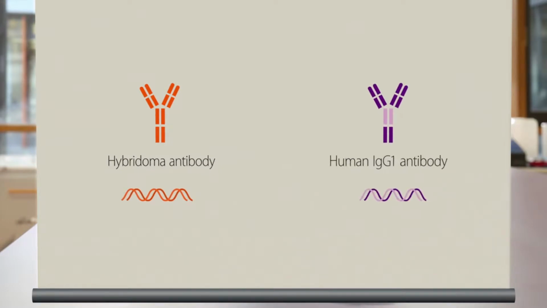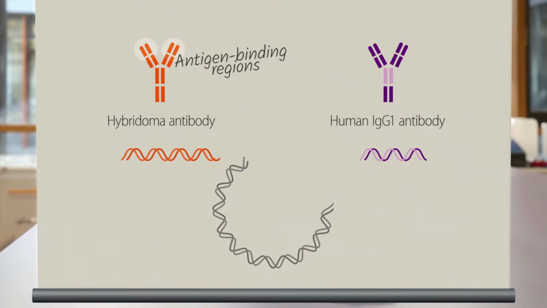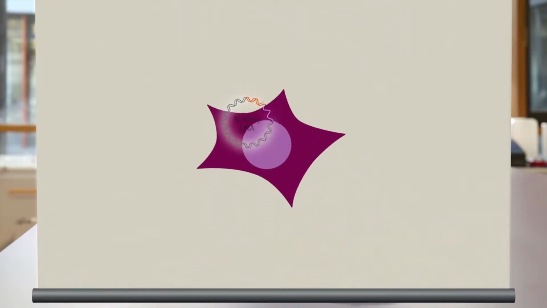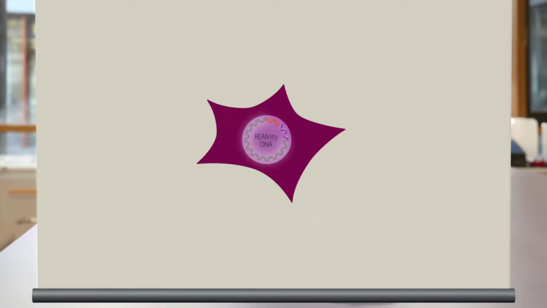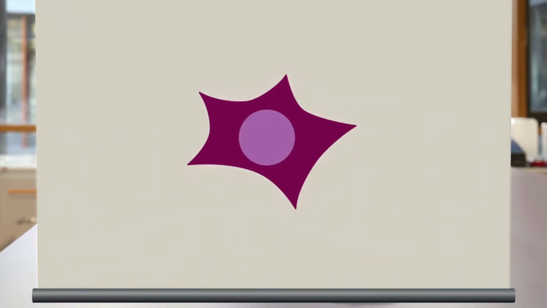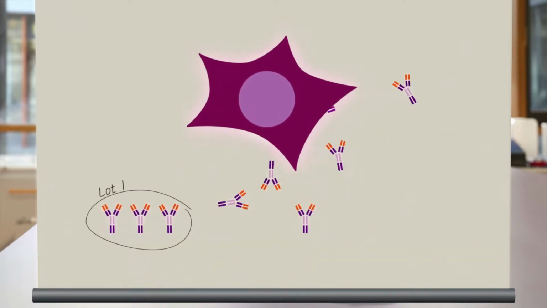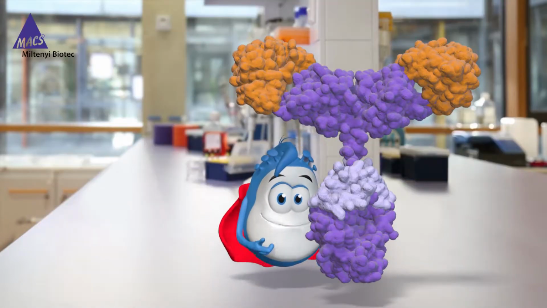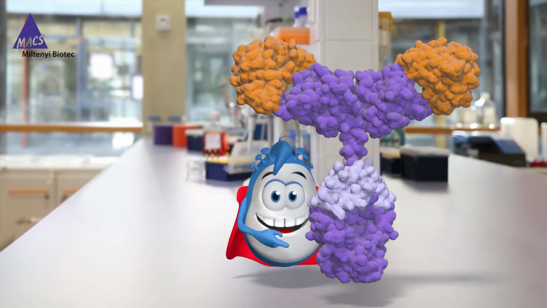First, we clone the genetic sequence of antigen-binding regions from traditional hybridoma-derived antibodies with a human IgG1 sequence. Then, the REAfinity DNA is expressed in a mammalian cell line under standardized conditions. And by this, high lot-to-lot consistency can be assured. So you see that we are able to optimize these antibodies for flow cytometry, and now I'll show you the